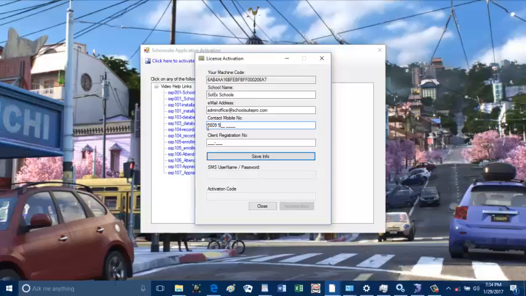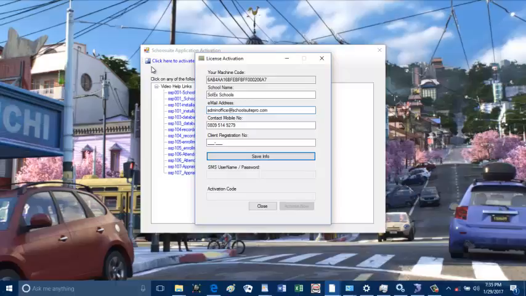This school name is the name of your school that you put there. This email address is the email address of the school, or the proprietor, or the person that will receive the activation code that we are going to use to license the computer that you are installing on to run. Please, if the computer you are currently using is not the one that you'll be using for day-to-day management of your school application, please stop now and start the installation afresh on the computer that you are going to use to run the application. Thank you.